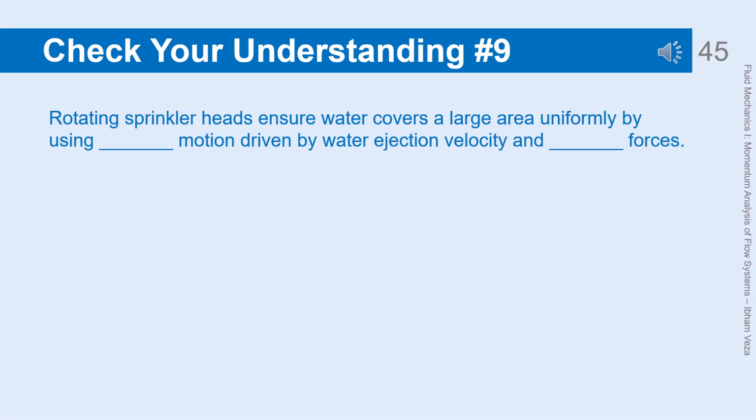Check your understanding. Number 9. Rotating sprinkler heads ensure water covers a large area uniformly by using angular motion driven by water ejection velocity and